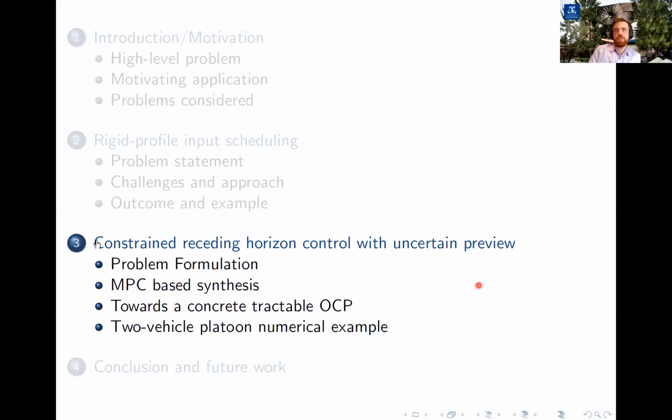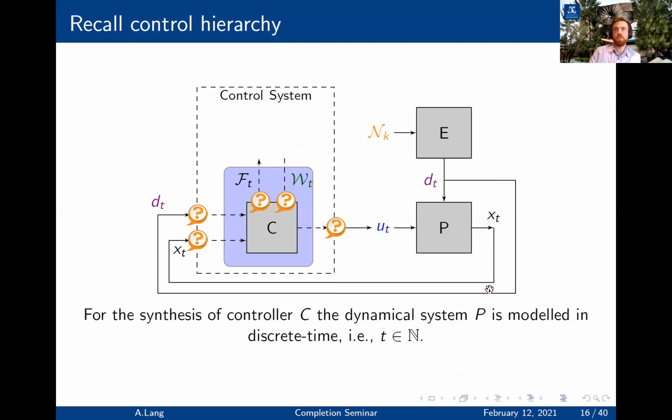So next I'm going to discuss the constrained receding horizon control with uncertain preview. I'll give a bit more detail on the problem formulation before discussing a model predictive control or receding horizon approach to this problem. So if we recall our control hierarchy from the beginning of the presentation,